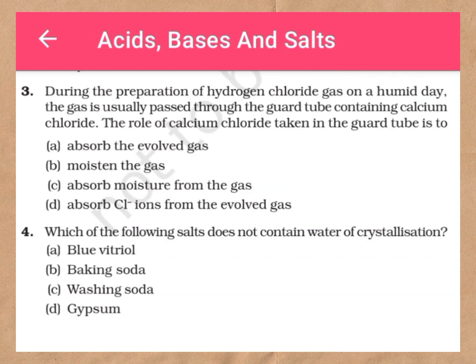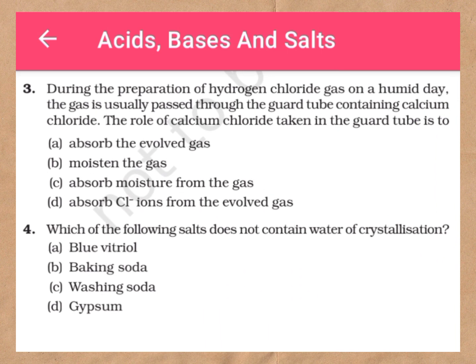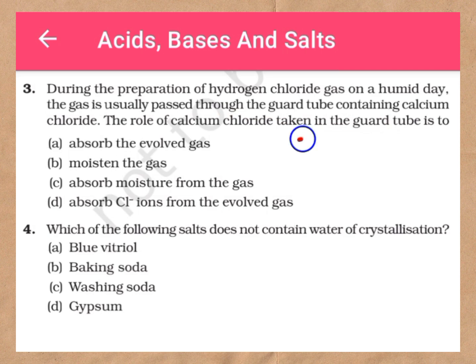Next question is question number 3. During the preparation of hydrogen chloride gas on a humid day, humidity is present there. The gas is usually passed through the guard tube containing calcium chloride, CaCl2. The role of the calcium chloride taken in the guard tube is to absorb the evolved gas, moisten the gas, absorb moisture from the gas, or absorb chloride ions from the evolved gas. The main point to remember here is the humidity,